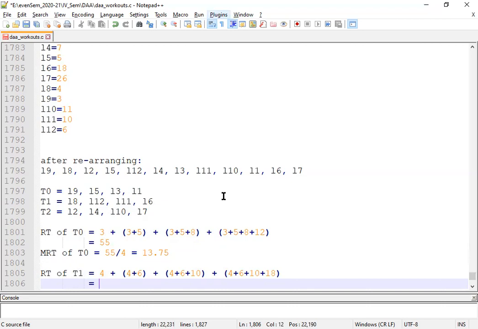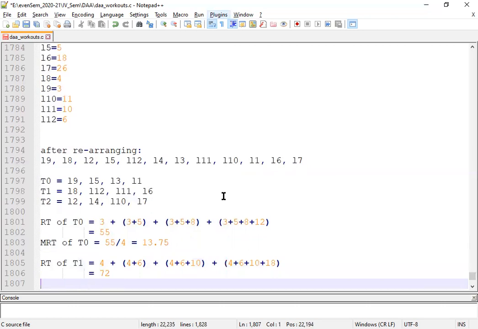We get 72. Then mean retrieval time of T1 is going to be 72 divided by, again, 4, because 4 programs are stored on T1. So 72 divided by 4, we get